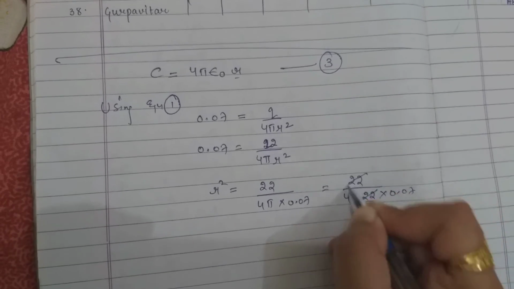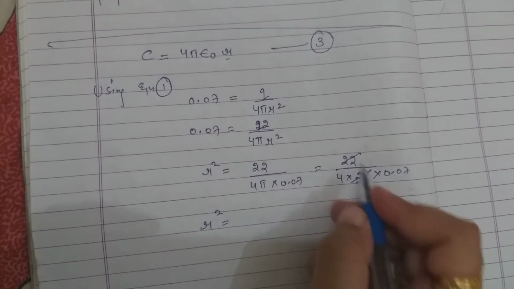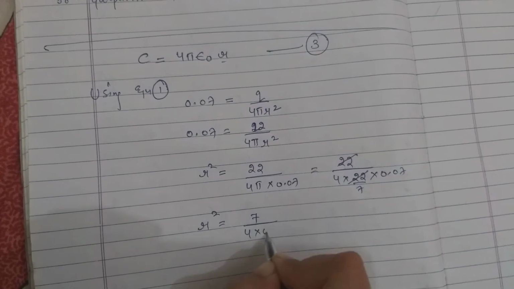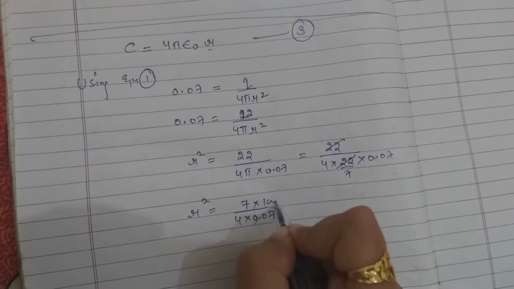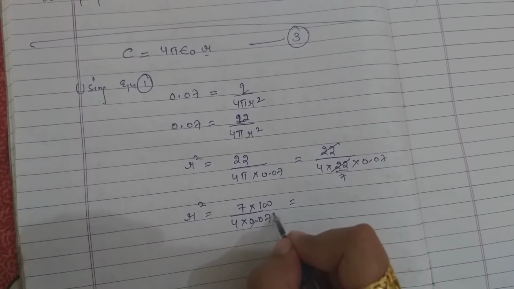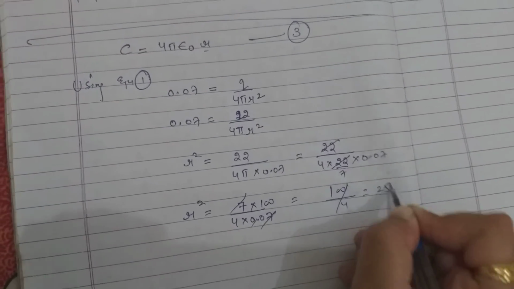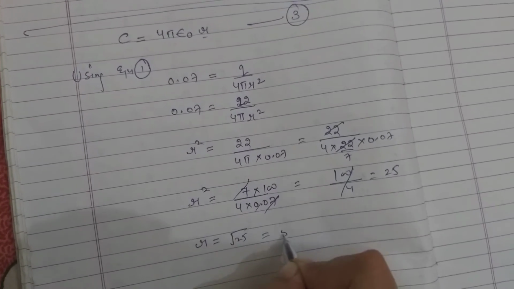Cut it down. So R square is equal to 7 over 4 into 0.07. Point eliminated. 100 by 4, 25. So R is equal to under root 25, means 5